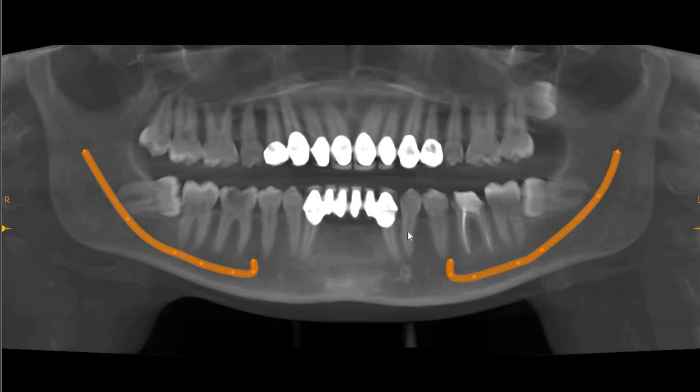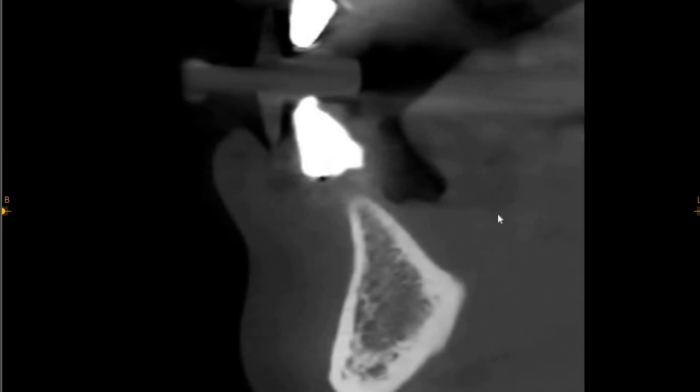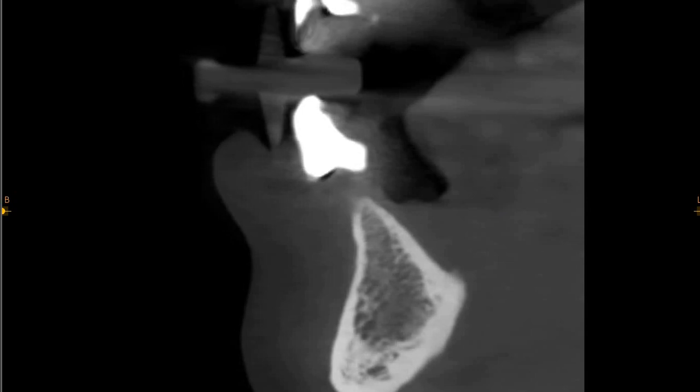So this is the region of 3, 2. The ridge is quite comfortably thick here. If we go right below the crest of the ridge, we've got 4 millimeters of ridge width with approximately a good 10 millimeters of ridge height. Moving to the area of 4-2, the ridge is significantly thin in this region. However, we will measure just under, we've got a 3.2 millimeters of ridge width with approximately 10.7 millimeters of ridge